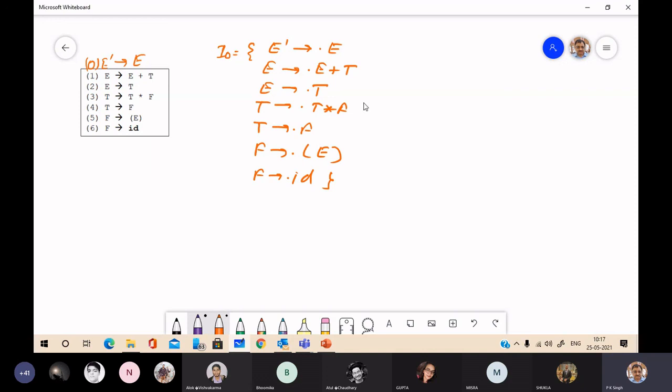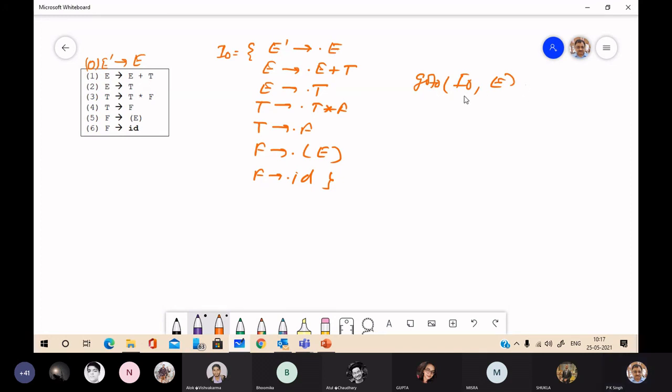Now from this I0 you can get other item sets by applying the goto operation for various grammar symbols. So just see, goto(I0, E). E is the non-terminal grammar symbol.